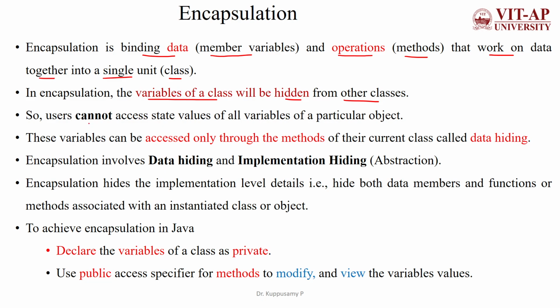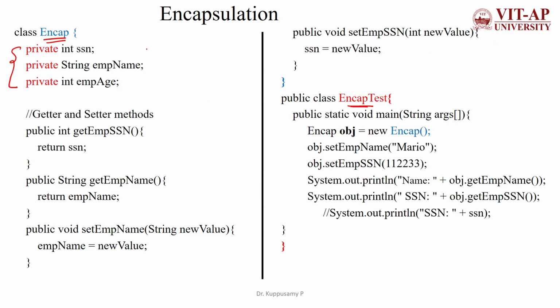So users cannot access the state values of all the variables of a particular object. These variables can be accessed only through the methods of the current class, called data hiding. For example, here the variables can be accessed by using the methods defined inside the current class